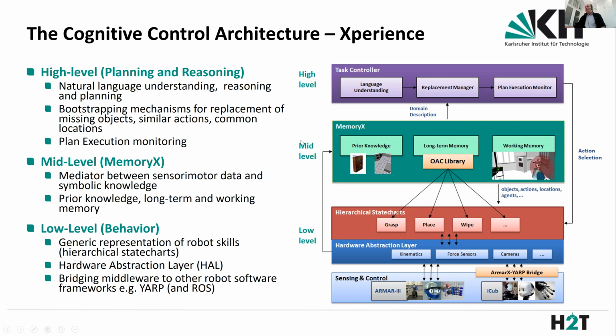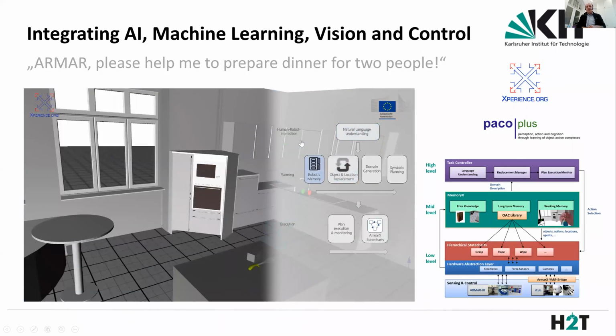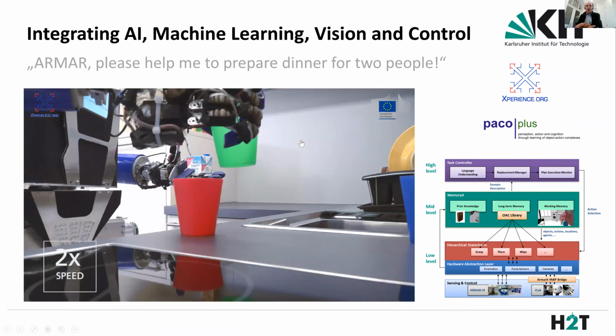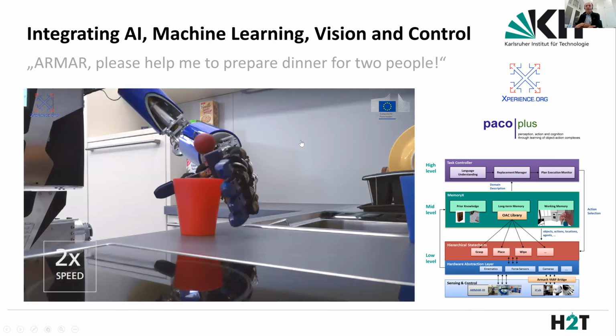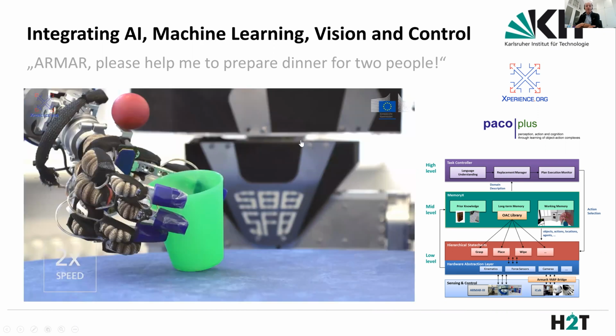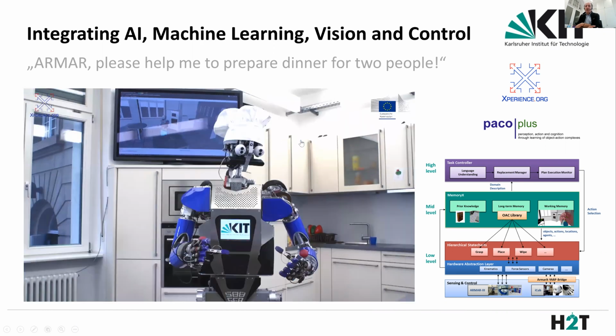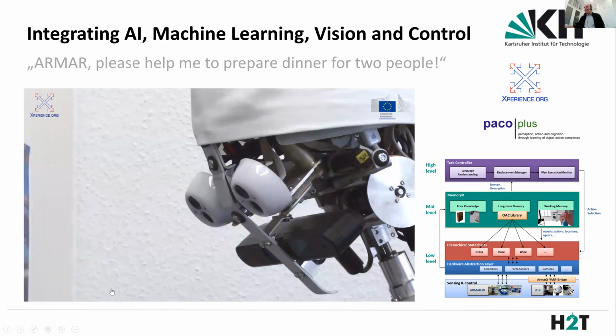With that, we were able to implement complex tasks, as you see here. Prepare the dinner for 2 people with a human, where the robot knows its own abilities, so the actions or the skills it can execute, those it cannot execute, and which should be done by the human. But in particular, actually replacement strategies about